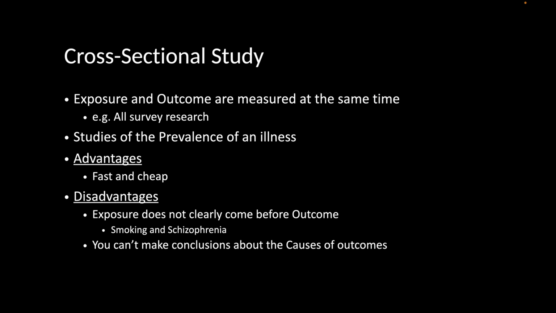You'd need to do a study that follows people over time. And because the exposure and the outcome are measured at the same time, you really can't make conclusions about causes of outcomes. All you can do is make claims about associations between exposures and outcomes. And that's an important principle that might come up on a board's question: with cross-sectional studies, you cannot make conclusions about cause. Okay, but to get closer to cause, we get to more elaborate studies, like, for example, the cohort